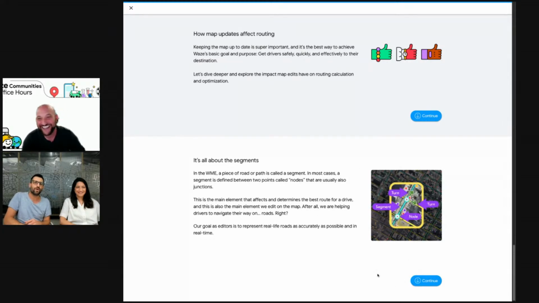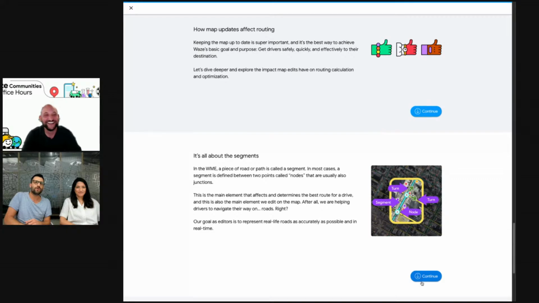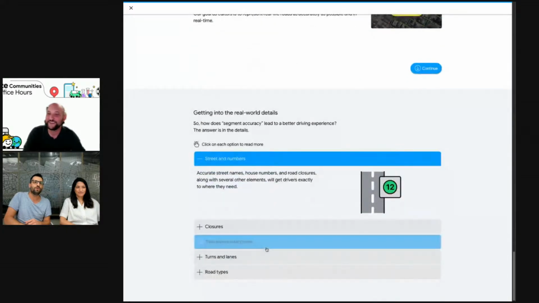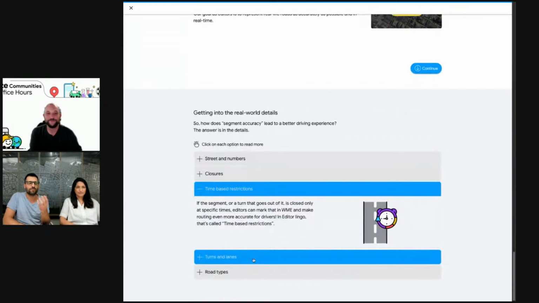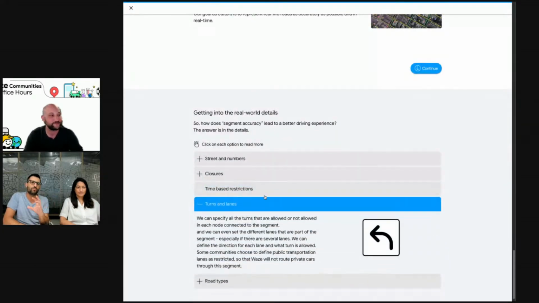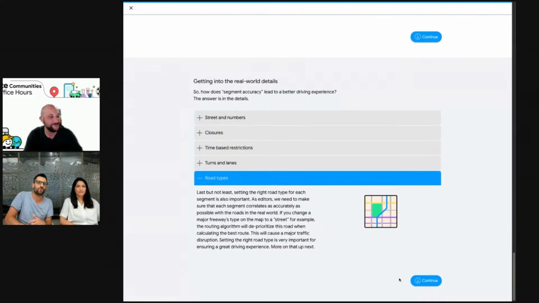So here you can see we have GIFs, and then you have to open all of the components and read everything about the different components that we take into consideration when we edit the map: road types, lanes, and turns.